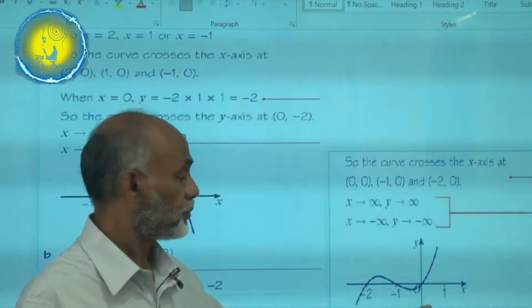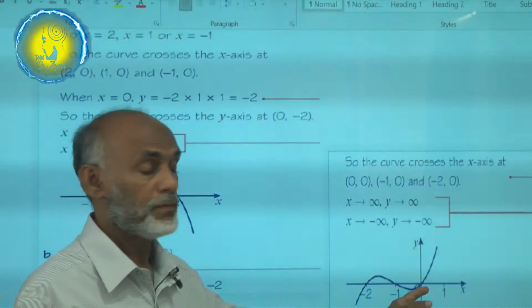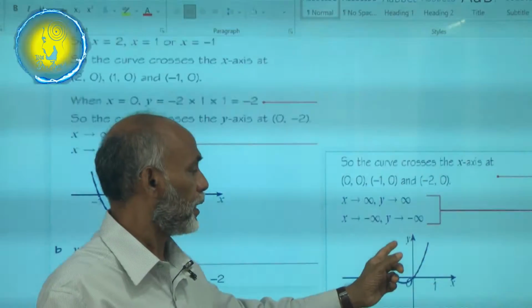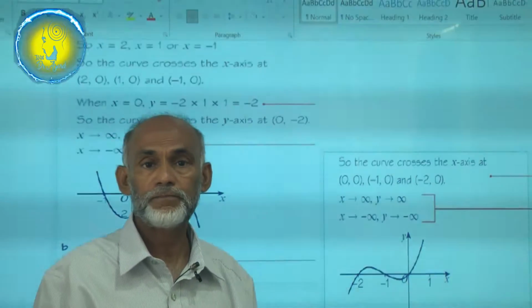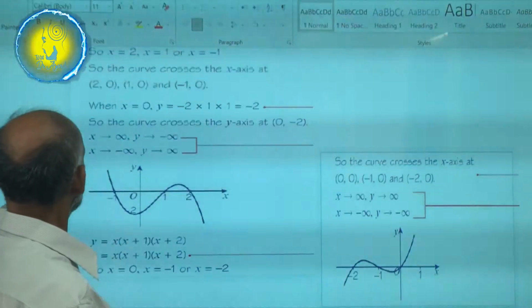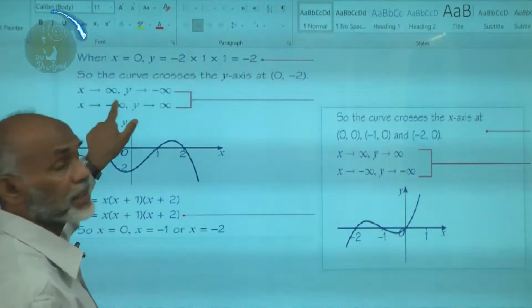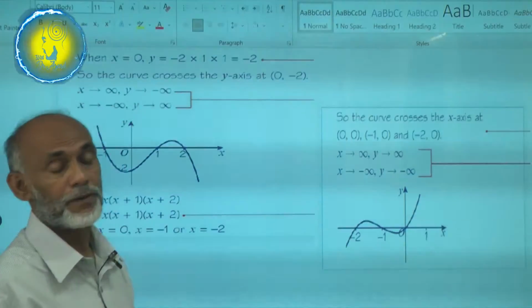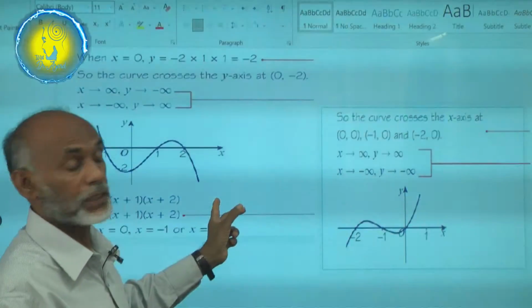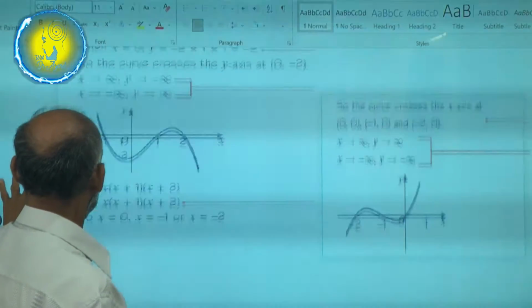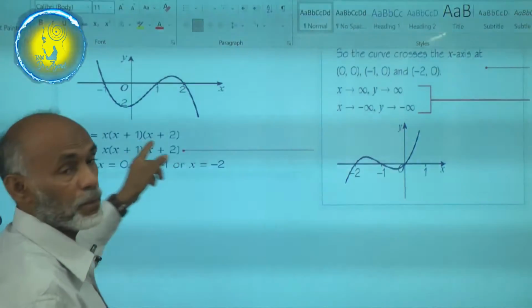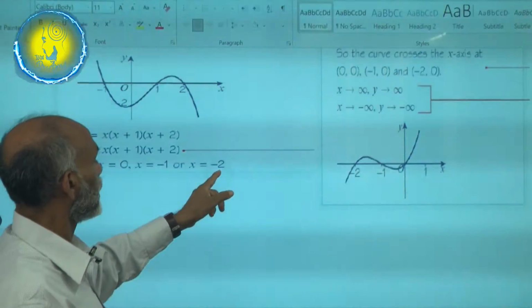Here a is positive. Therefore, when x leads to negative infinity, y also leads to negative infinity. It's the same way here, you can see from this pattern. While x increases to infinity, y is going to negative infinity. This is just the opposite of this one. Here we call a negative. So to identify, once you multiply the x components, the resultant you are getting is minus.